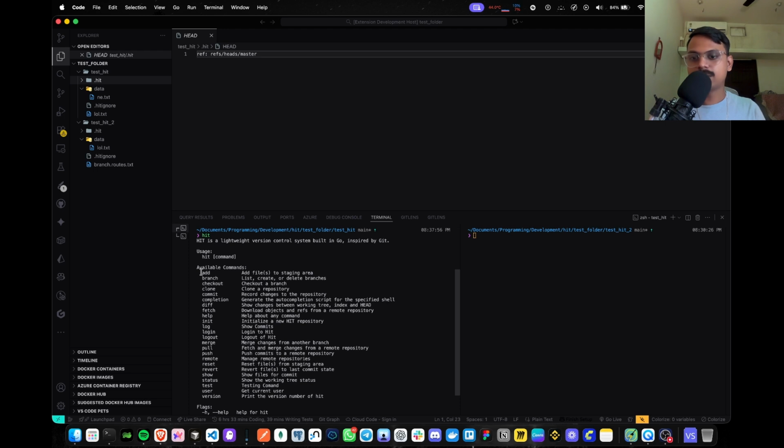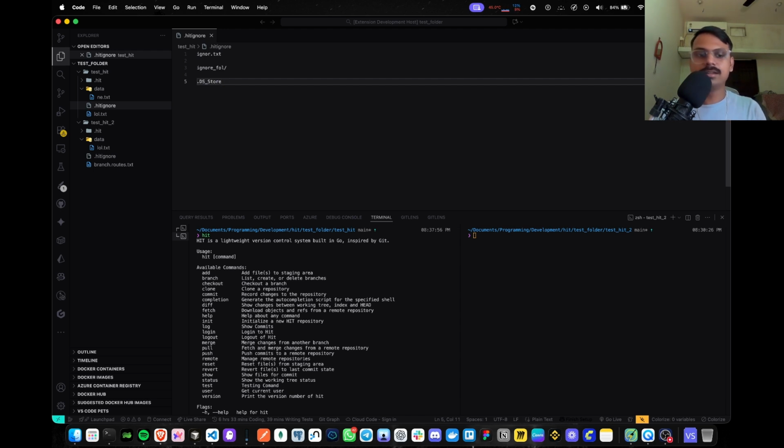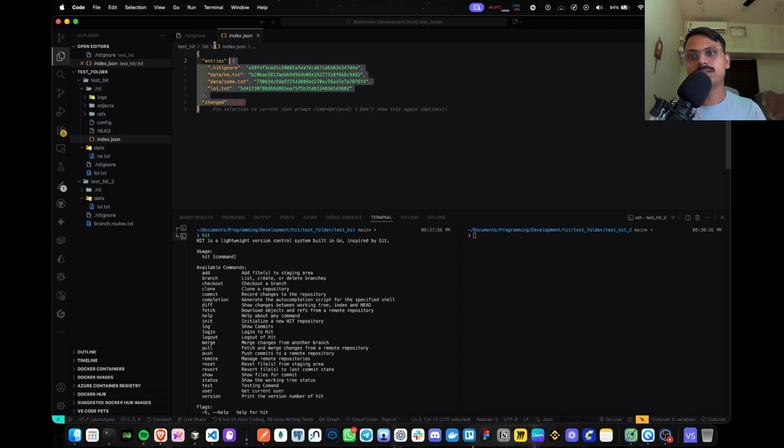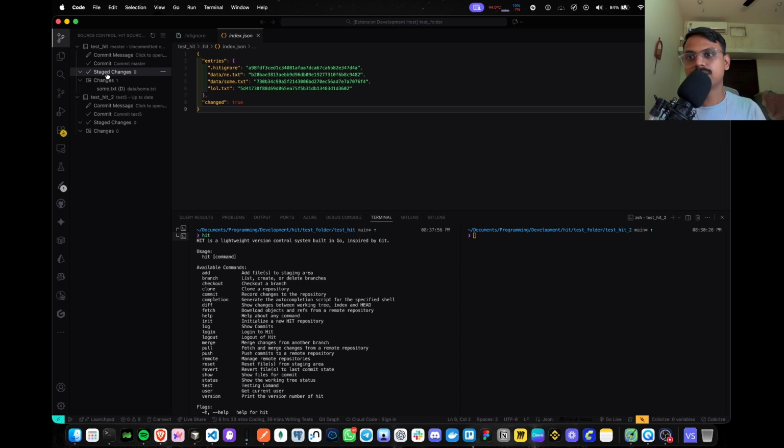So I have some commands. Let me go through all of that. Add works just like any file is created, modified, added or deleted, then it is added to the index.json. Index.json signifies the state changes. The state changes are signified by the index.json, and all these changes are the comparison between the index.json and the